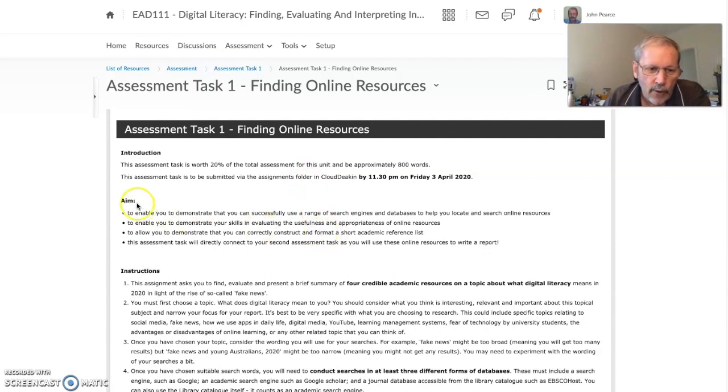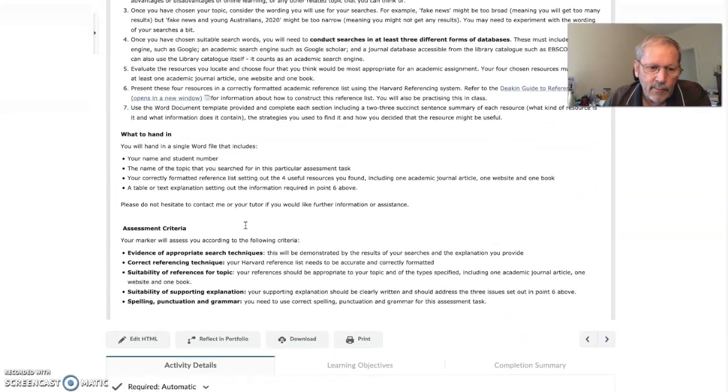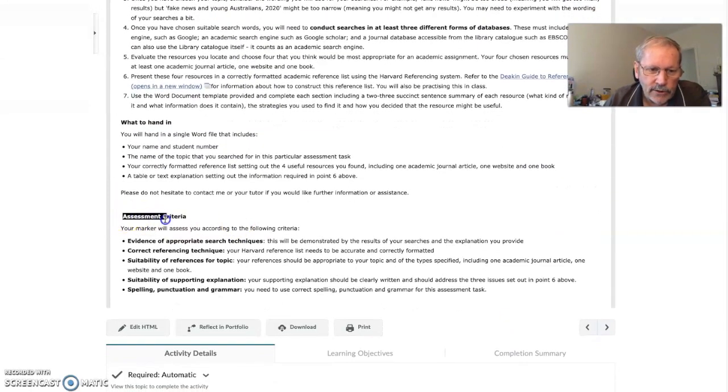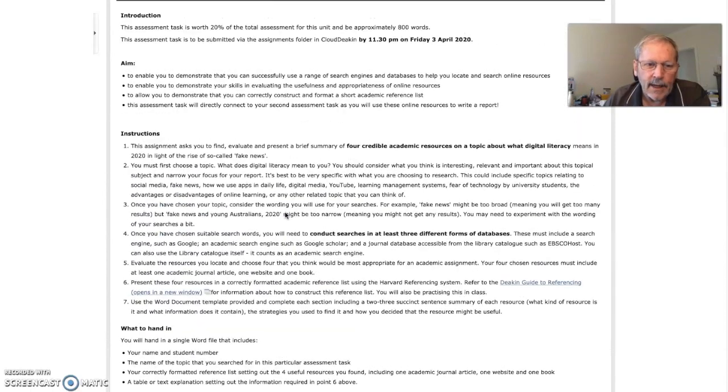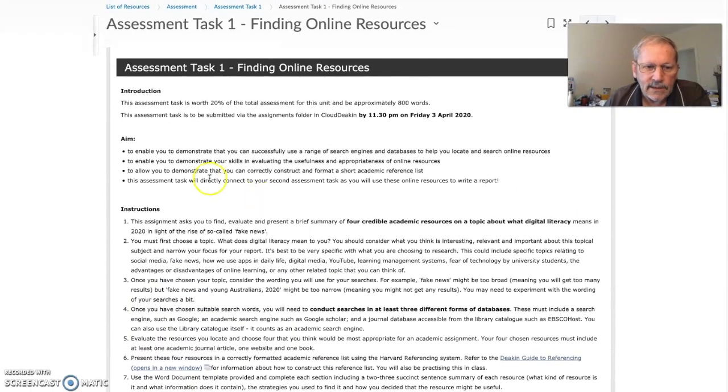Now, really, really important that you read the aim, because that sets out quite clearly what is needed. The aim there matches up pretty much with the thing down the bottom, which is the assessment criteria. So this is what we are going to be looking for when we assess your work, each of these dot points down here. So it's really important that you make sure that you address them, but they're also written in here. So one of the things that you've got to do is demonstrate you can successfully use a range of